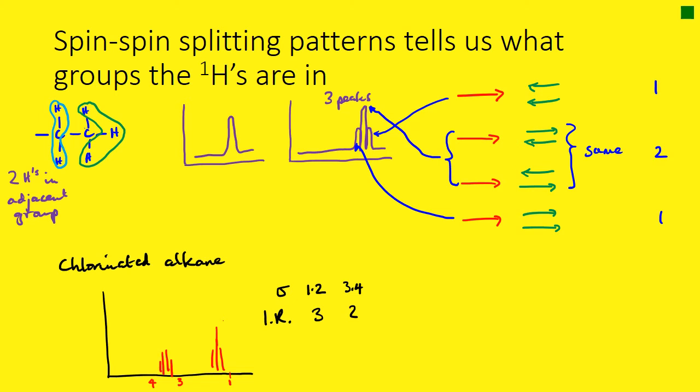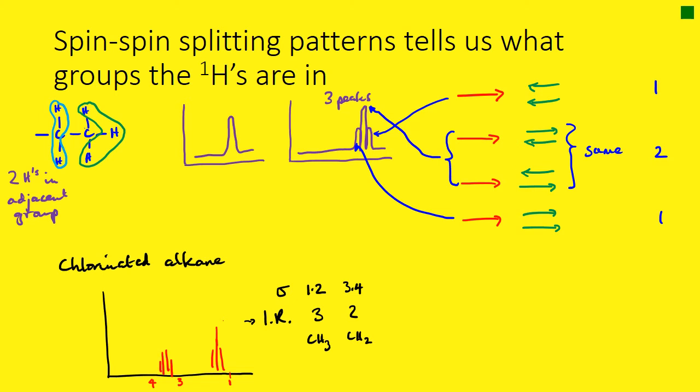So let's see what all this information tells us. Well, let's look at our integration ratios first. We know we've got an alkane, so in alkanes we know we've got CH2 and CH3 groups. It's going to have a chlorine on it somewhere. And so we can possibly say that this one is a CH3 and this is a CH2 group,